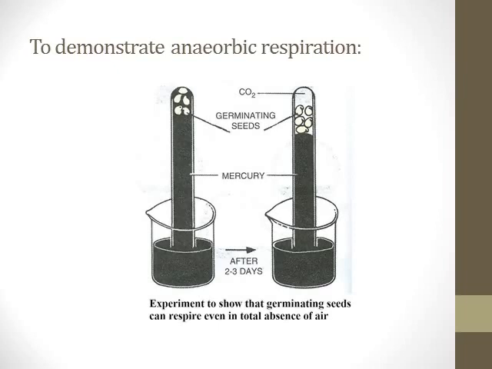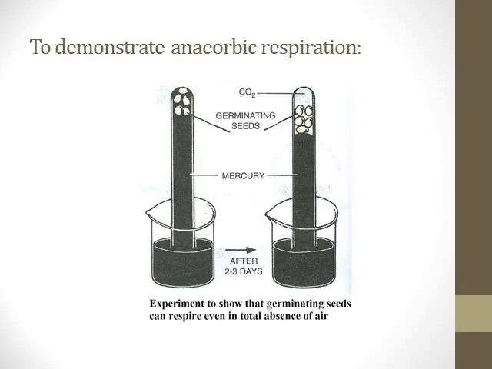Once you invert the test tube in the mercury-containing beaker, the seeds will float to the top and will be completely surrounded by the mercury. After 2 days, the level of mercury in the test tube will fall and the liberated gas will be found to be carbon dioxide. This apparatus should be kept without any disturbance for more than 2 days. After 2 days, you will see that the level of mercury in the test tube falls down. Why? Because of the liberation of carbon dioxide.